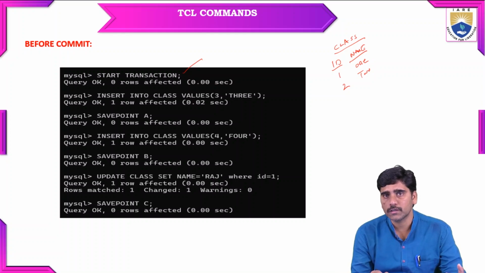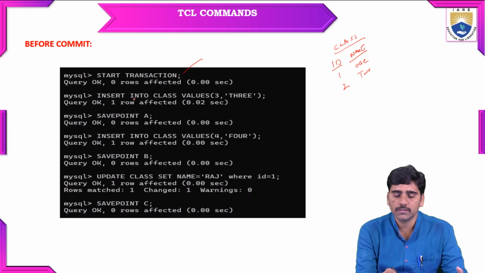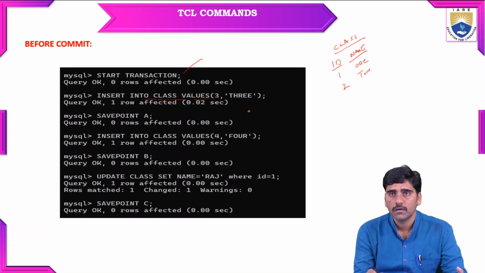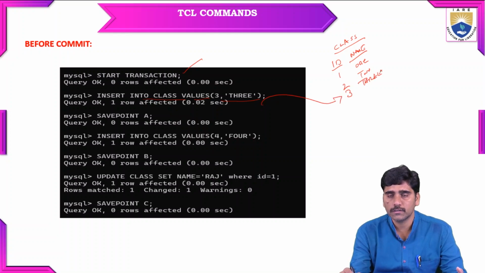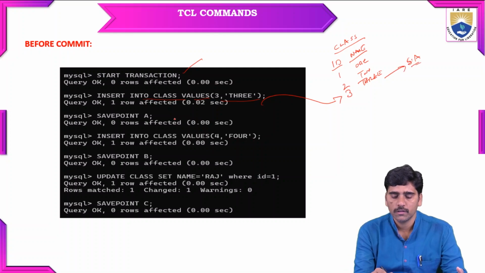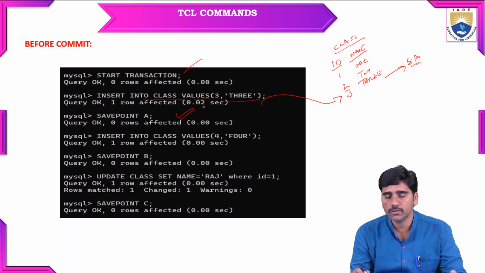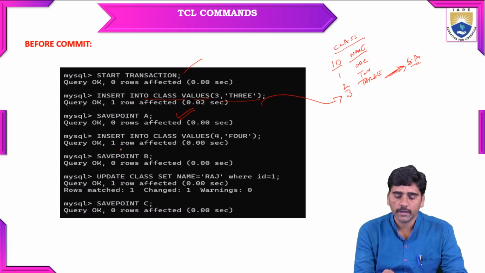Now I am doing the transactions after starting the transaction. So start transaction. Now I am going to insert a value: insert into class values of 3, 3. Now the value is inserted as 3, 3. At this stage I am going to create a save point A. Now the save point is created and it saves the current work which has been done. And again I am trying to